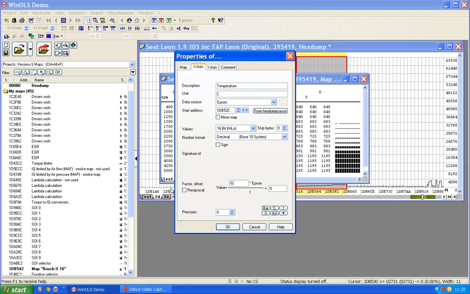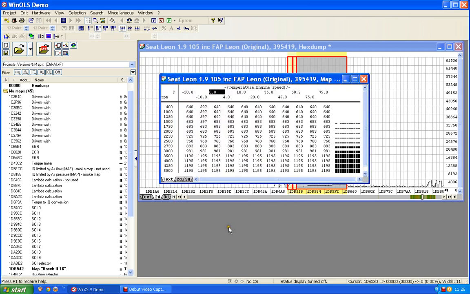So we'll have 0.1 in there, and then our 2731 will become 273.1, and then we'll minus 273.1 because we want to change Kelvin into centigrade. We'll go for 1 decimal point, I think, then we'll click OK. Let's have a look. Yep, those look perfectly sensible. Now what's happening here is that we've got various limitations until we get to a warm engine, which is being taken at 79 degrees, and then we won't be limited anymore.